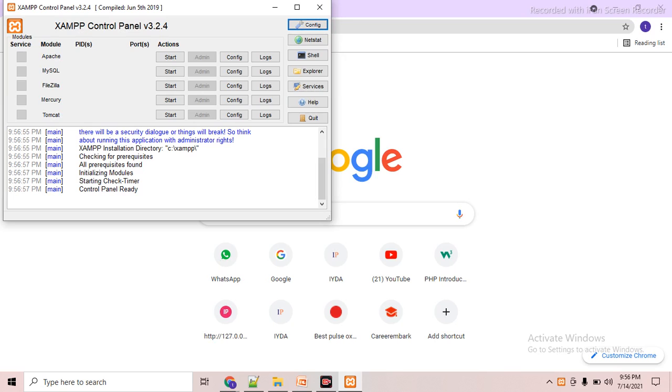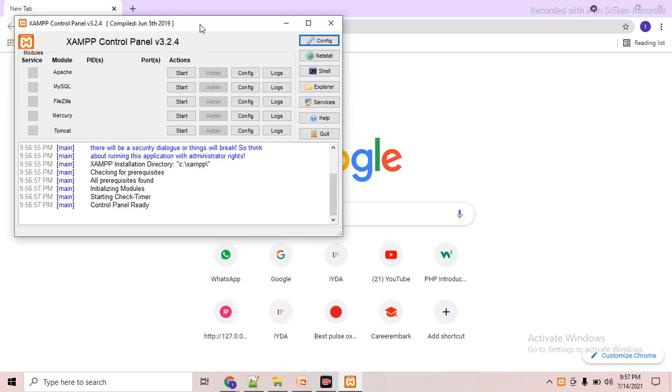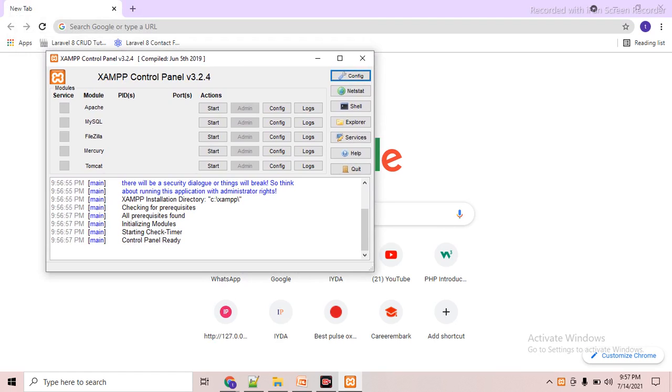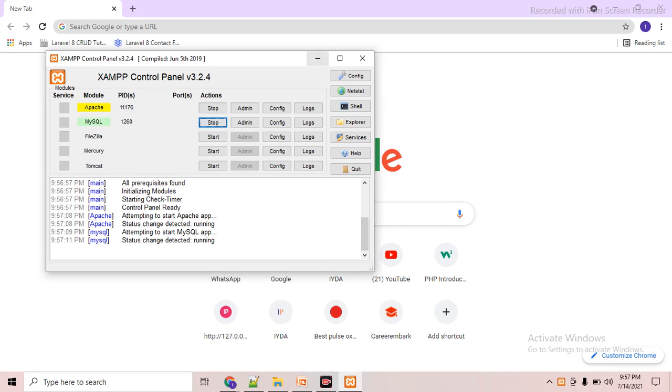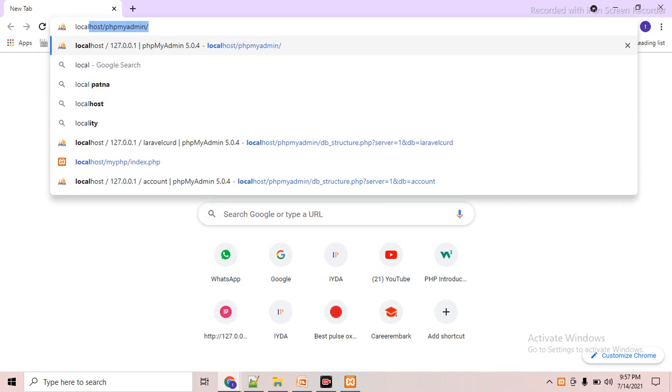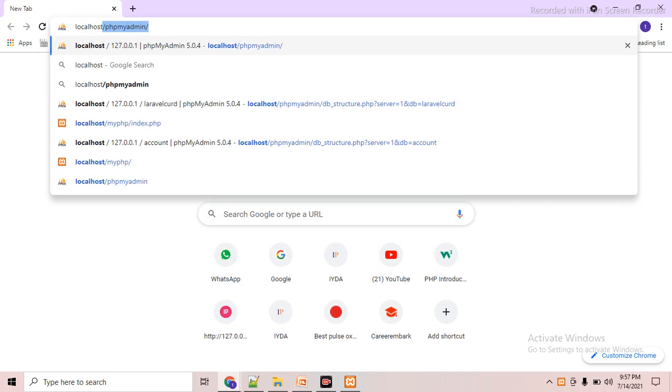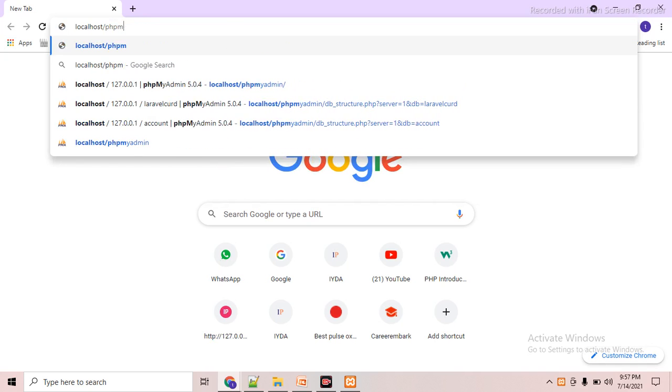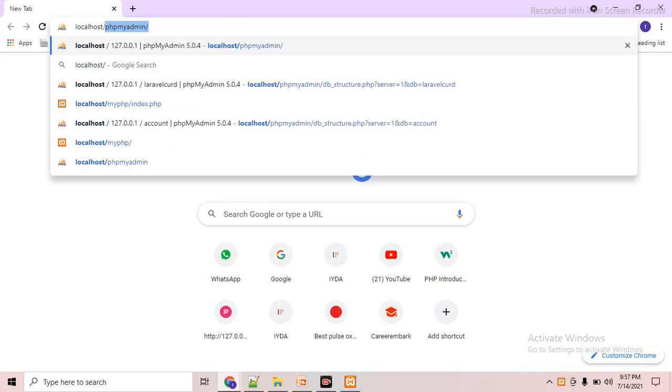Okay, start your XAMPP control panel, which I have already installed in the system. Just start Apache and start MySQL. Now in the URL type localhost and the project name. What is the project name? Let's see.